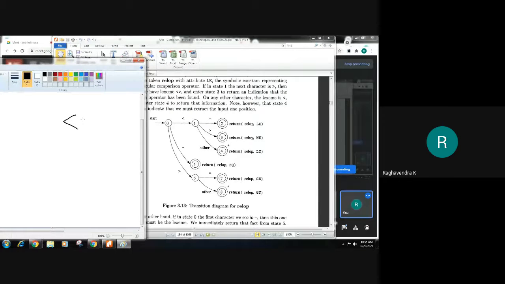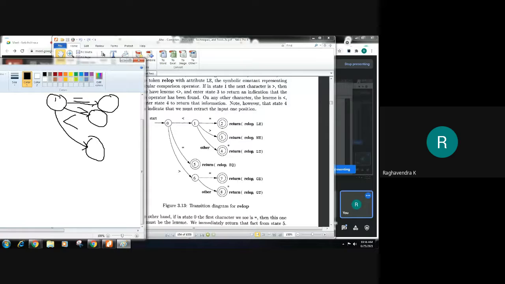If it is less than or equal to, we have to read the second character. So from state 1, we will read the next character. The possibilities are that you can come across the equal to symbol, the greater than symbol, or else you may read something else which is not a relational operator. Accordingly, we will have a few states defined for them.